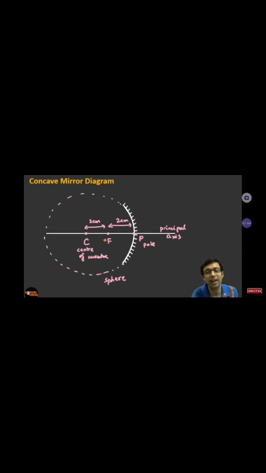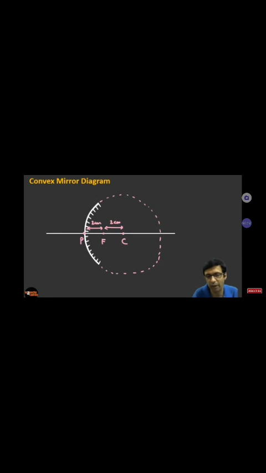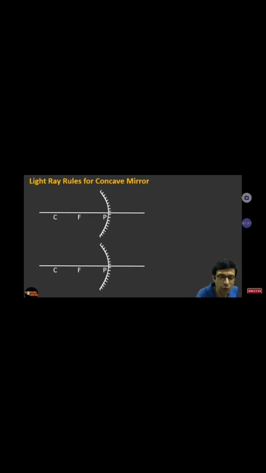So you need to draw the ray diagrams. To draw the ray diagrams accurately, you need to draw the concave and convex mirror diagram perfectly. So make sure the focus is exactly between P and C and draw these arcs using a compass, whether you're drawing a concave or a convex mirror. These are our two curved or spherical mirrors. Can you see that arc there? This arc is what I'm talking about. You should draw it with the compass, and the compass point should be at C. So please remember that. Now let's go ahead and take a look at the light ray rules for a